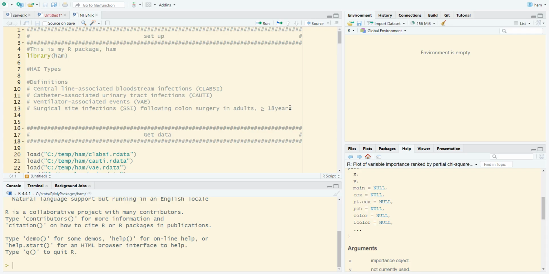So I'm going to go ahead and start. We have RStudio open. Again, my R package HAM is an R package, so RStudio is a graphic user interface to show that. I'm going to go through